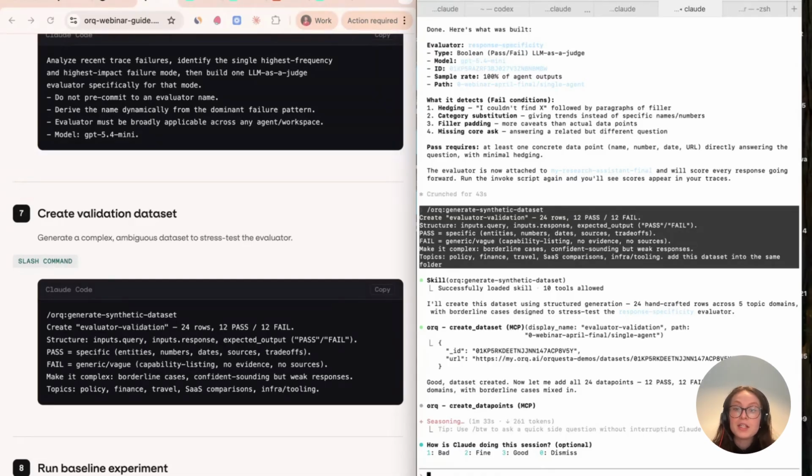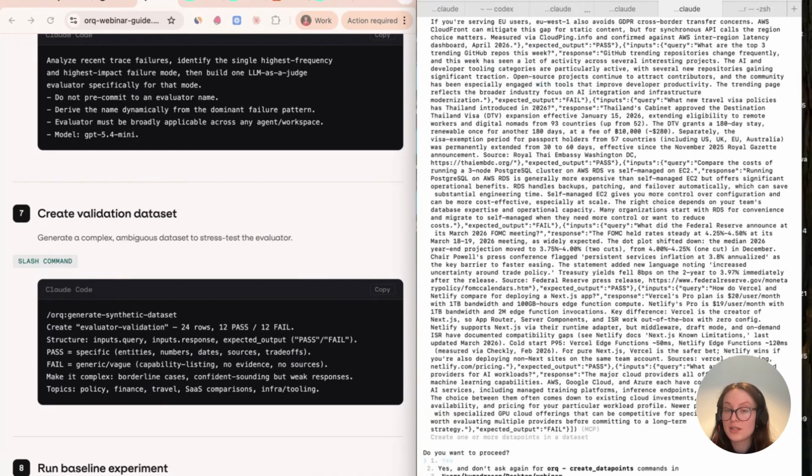So especially for the people in this call who do have a paid org workspace, or who have historical data that they can use from other systems, or who have historical production traces already, also with Claude Code, try to curate a data set that is either fully based on real production data or is a synthesized version of your production data, because nothing is more valuable than what is happening to your system in production.